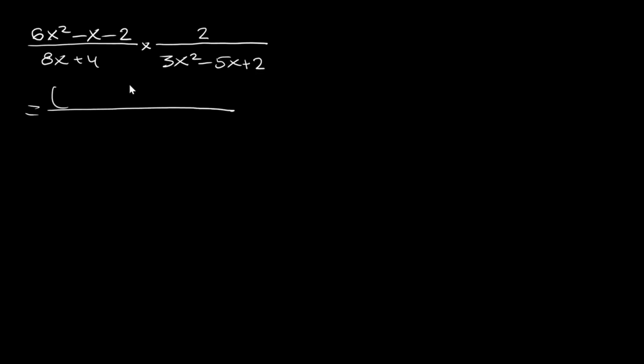We write down our brackets, and now we have to figure out what to plug in there. We have 6x squared. Well, 6 is nothing other than 3 times x times 2 times x. 6x squared, I mean. And now what other coefficients do we have? We have 3x and 2x here, and we have to somehow obtain minus x and minus 2. Well, what if we wrote down 2 minus 2 here and plus 1 there? Well, then we would get 3 times x minus 4 times x, which is minus x, and 1 times minus